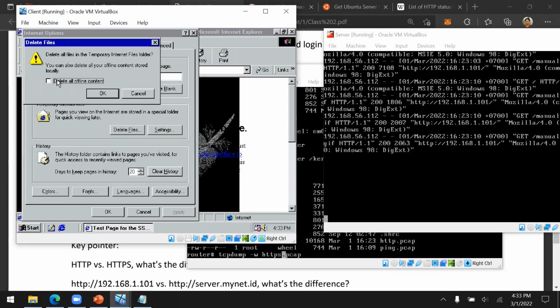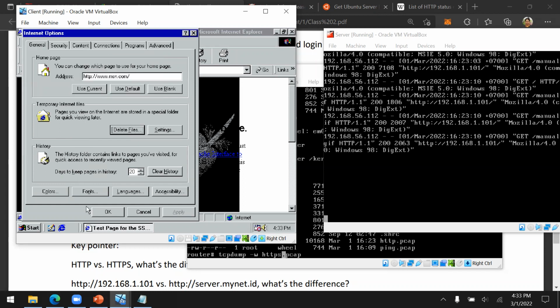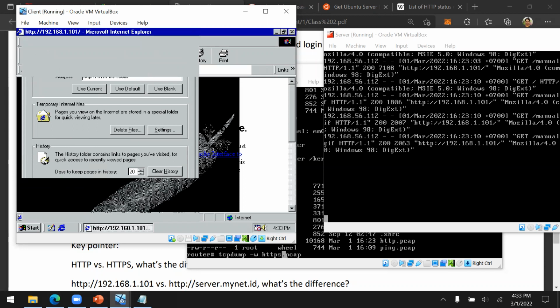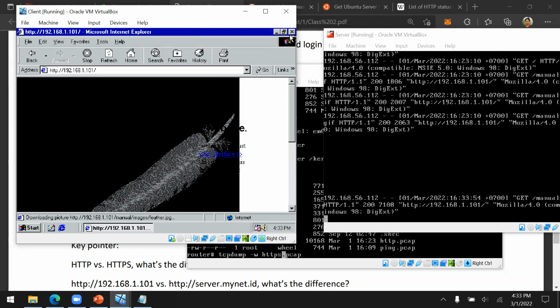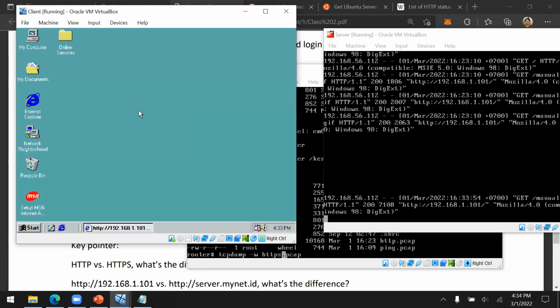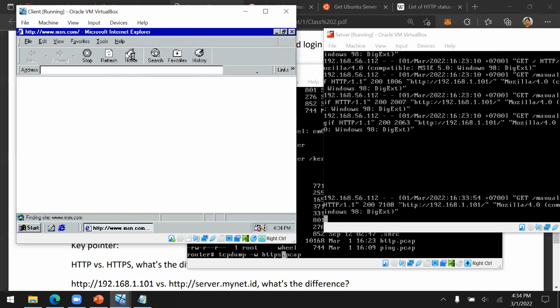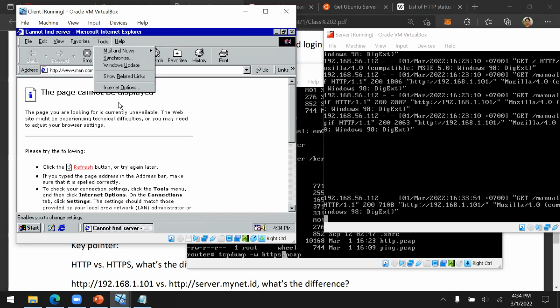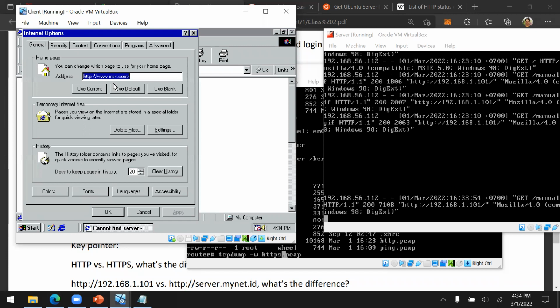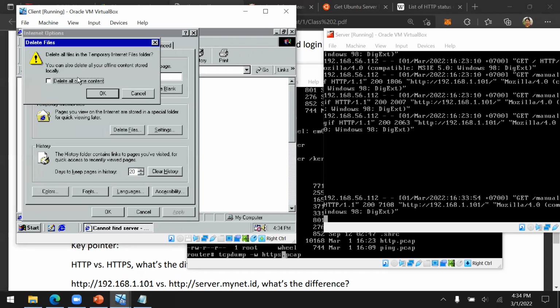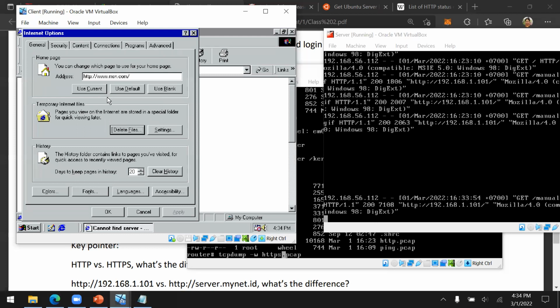Delete files, delete all offline content. Or if you want to make sure, you can just reload Internet Explorer again. Just wait. Okay, enter this option, and then delete files, delete all offline content.